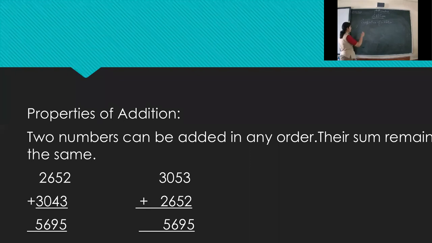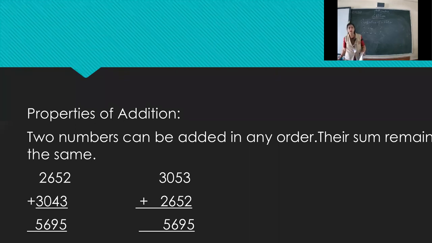Clear? Suppose I have a number 3. If you are adding 4 in this, 3 plus 4 is what? 7. Now if I want to write 4 first and 3 second, now add 4 plus 3. What will be your answer? 4 plus 3 will be now 7 again. So can you see that when we are writing the numbers in any order, our sum is coming same. I hope this is clear to you, first property.